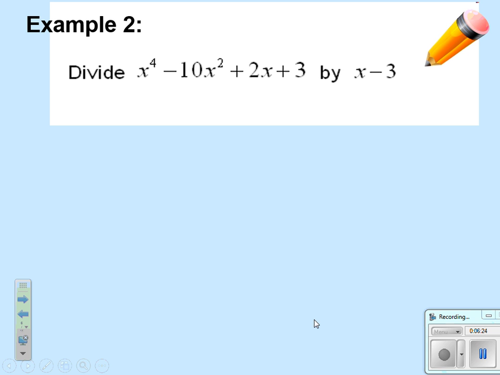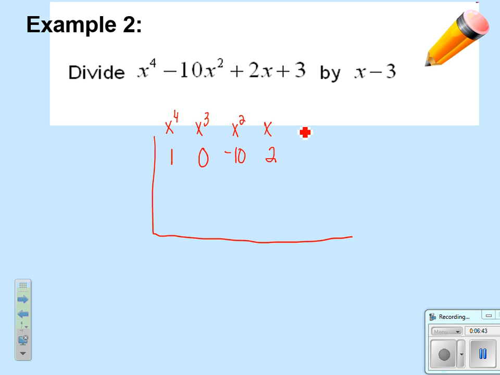Okay, let's try another one. Let's set this up just like we did before with synthetic substitution. Every coefficient, so we have x to the 4th coefficient is 1, x to the 3rd, oh, you have to remember, all your coefficients have to be accounted for. X squared is -10, x is the 2, and the no x is the 3. Now, instead of putting the x minus 3 out here, we have to take our divisor and find out what the solution would be. So we set it equal to 0, and that would be 3,